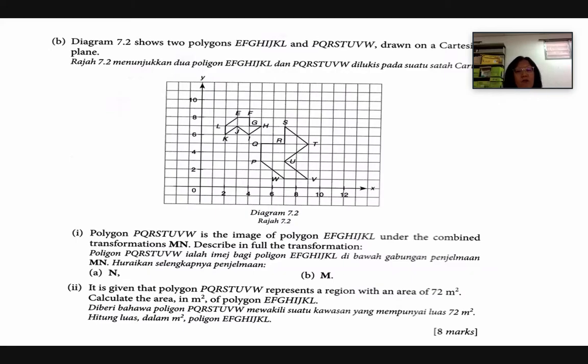The one on transformation, SPM, like I said, for Part B, Question 1, Part A, is always rotation. If you want to describe the rotation,